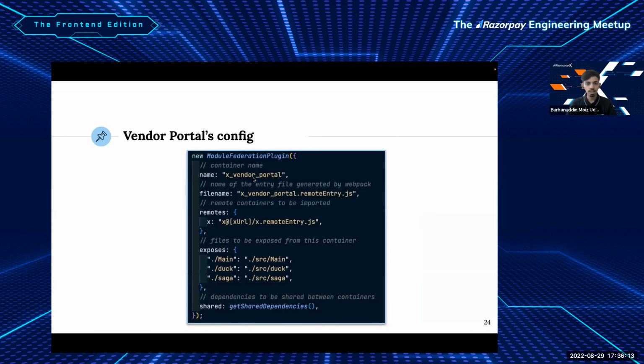Right. And vendor portal exposes these three things, which is the entry point for the vendor portal, which is the main component that you put in the React router, and just some Redux related code. We use Redux Saga, so we export the Saga file from here. And again, the same shared dependencies, which we'll come to later, and we'll go into more details on what this is. So with that, basically the module federation config is done. Just do this, and it will allow you to share